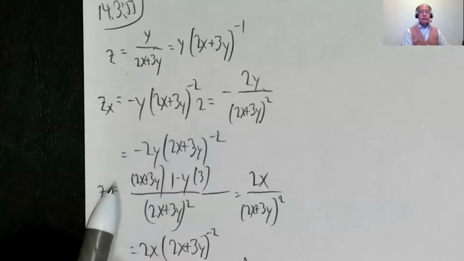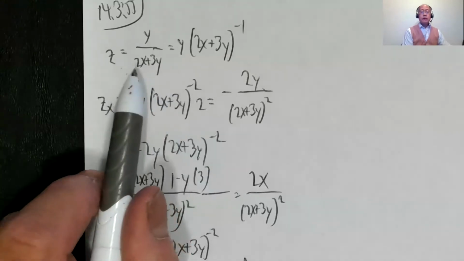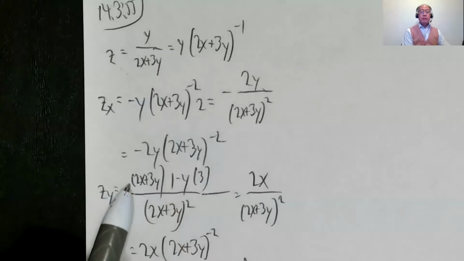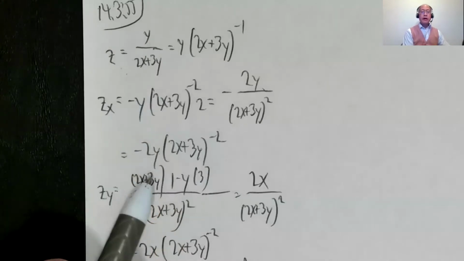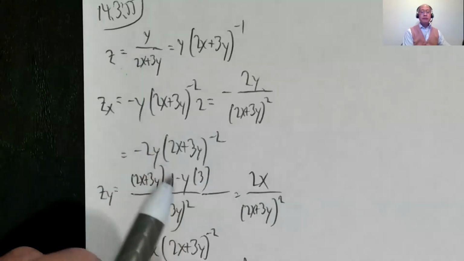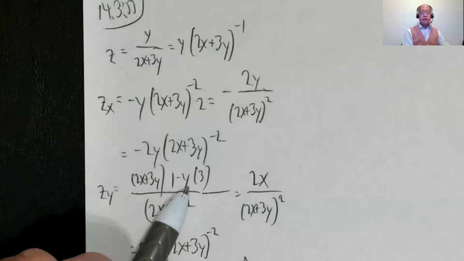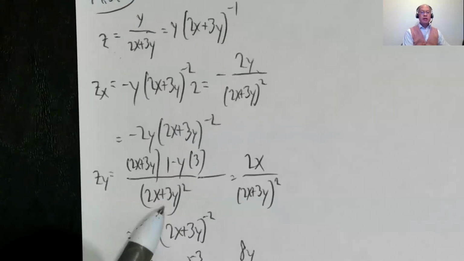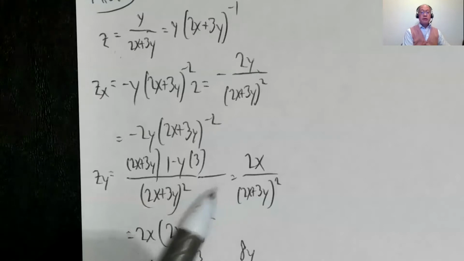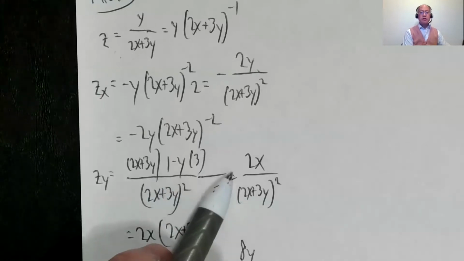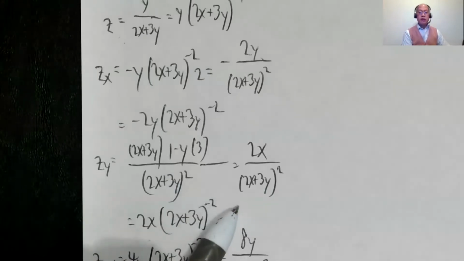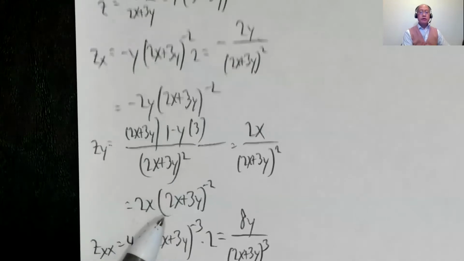Z sub y, so I'll do the quotient rule. Bottom times the derivative of the top with respect to y is 1, minus the top times the derivative of the bottom with respect to y, 3, all over 2x plus 3y squared. A little bit of cleanup. You see the 3y's cancel out, so 2x over 2x plus 3y quantity squared,